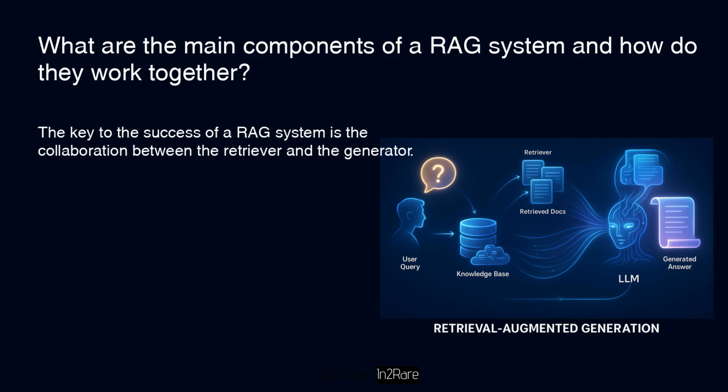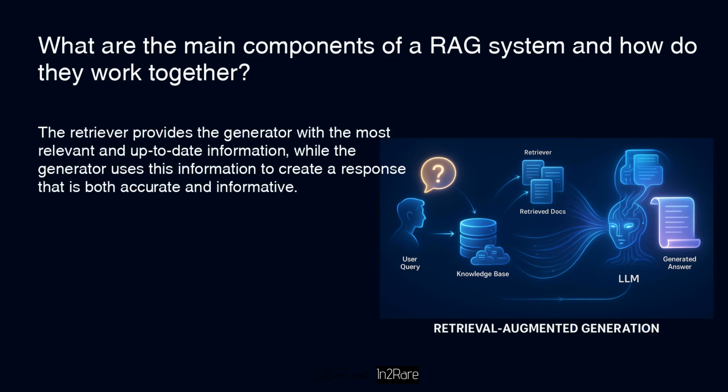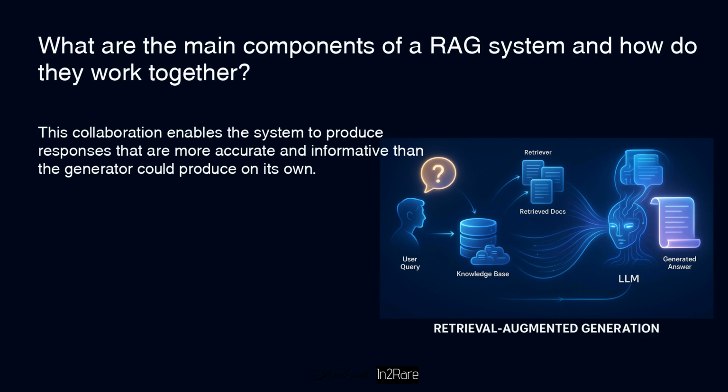The key to the success of our RAG system is the collaboration between the retriever and the generator. The retriever provides the generator with the most relevant and up-to-date information, while the generator uses this information to create a response that is both accurate and informative. This collaboration enables the system to produce responses that are more accurate and informative than the generator could produce on